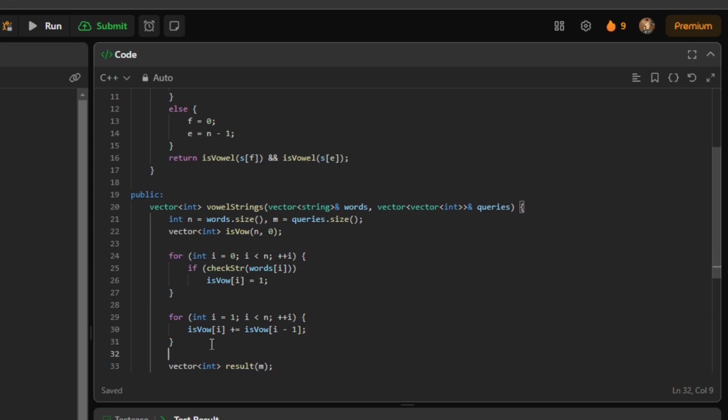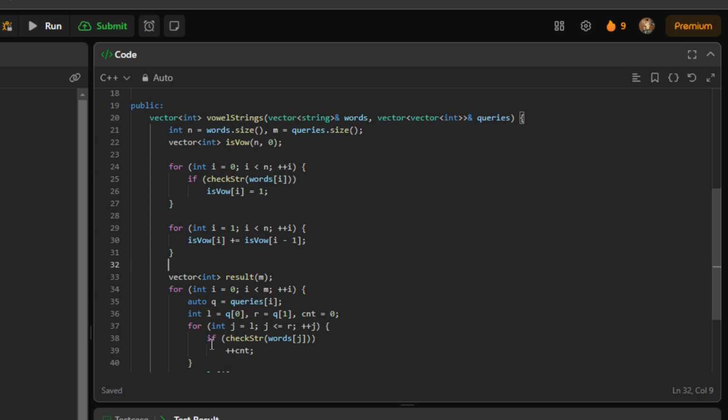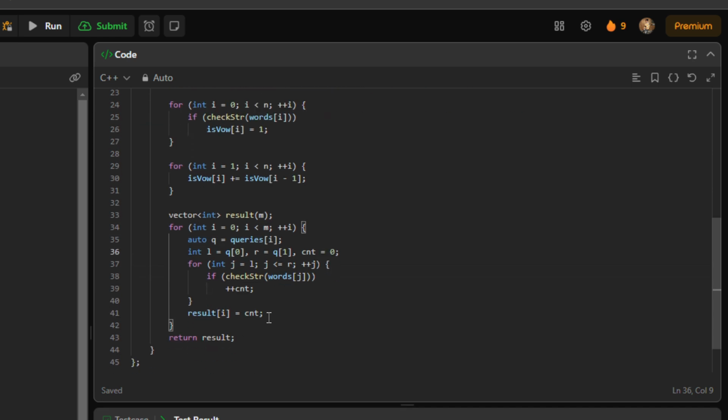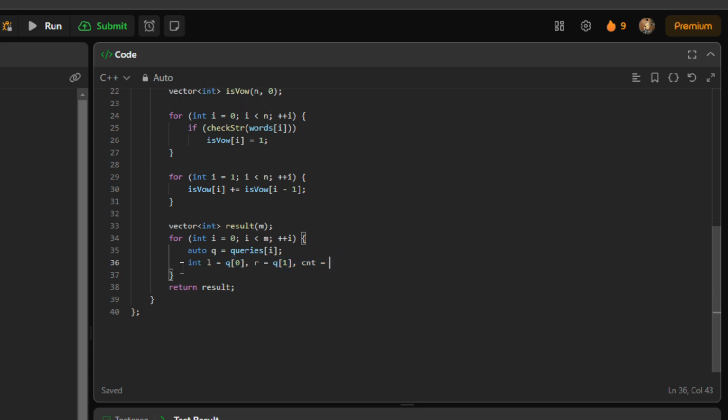So I'm going to calculate the prefix sum. And this will calculate the number of strings that start and end with vowel up to i minus 1, and I'll add that up to i. If the ith element is also vowel and before it are also vowel, then it will increase by 1, and if the ith one is 0, then it won't increase. And now here we could remove this loop, we don't need it. We could simply update the result of i with isVowel of R,